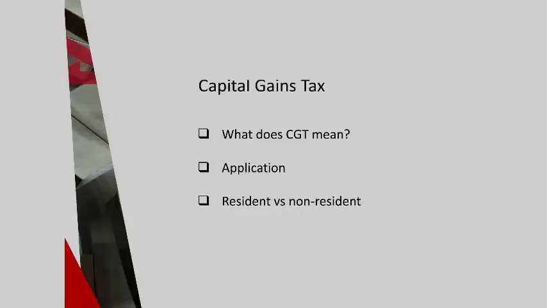Yes. Then capital gains tax. I must admit this is not something that I'm very comfortable with because we have a tax department in our firm, and so I've never taken the time to do the calculation. But as you know, capital gains tax is payable on the difference between the amount that the property is sold for and the base cost of that property.